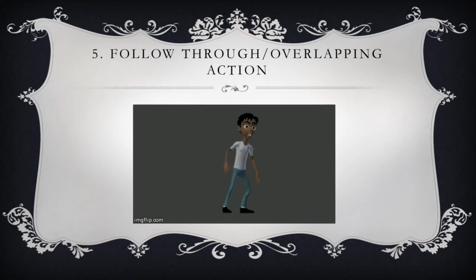In follow-through and overlapping action, follow-through is the action that comes after the main action. Certain parts of the body continue to move even when the main action stops. In overlapping action, certain parts of the body drag behind the main action. So this example shows it quite well. I again lazily animated this strange little dude in 5 minutes.